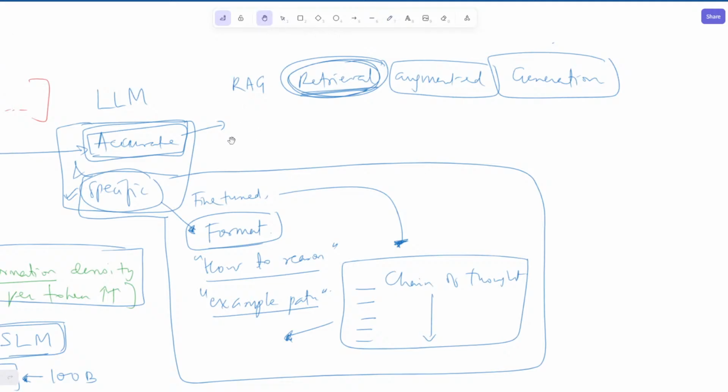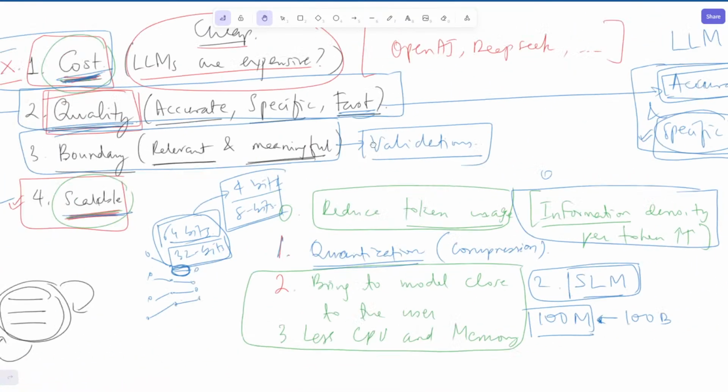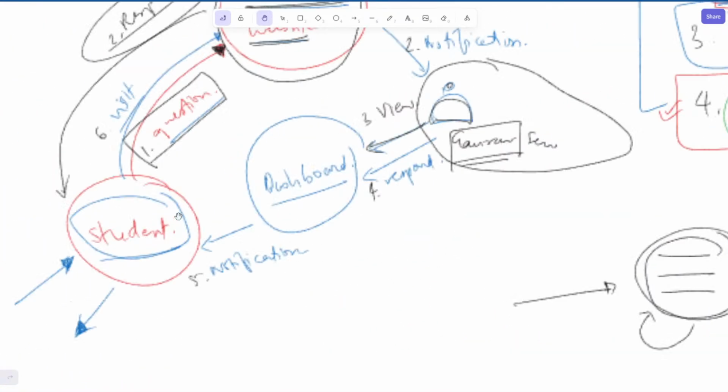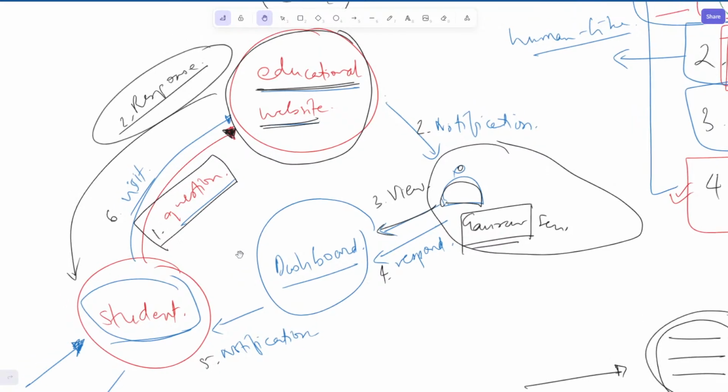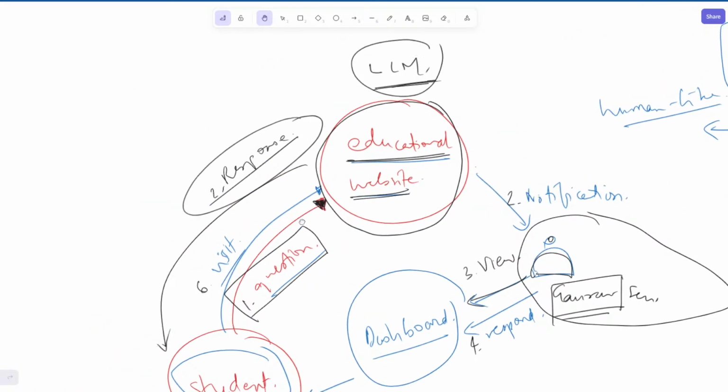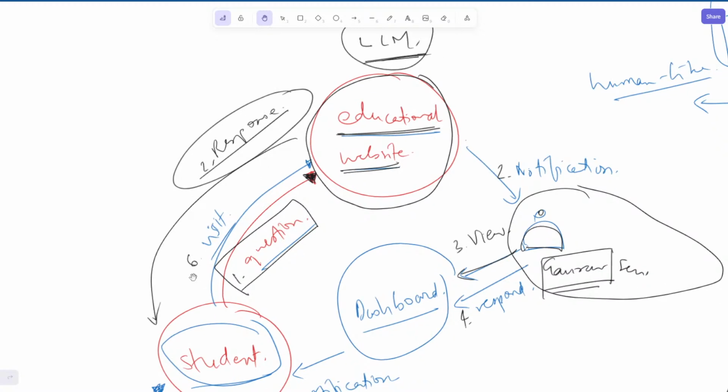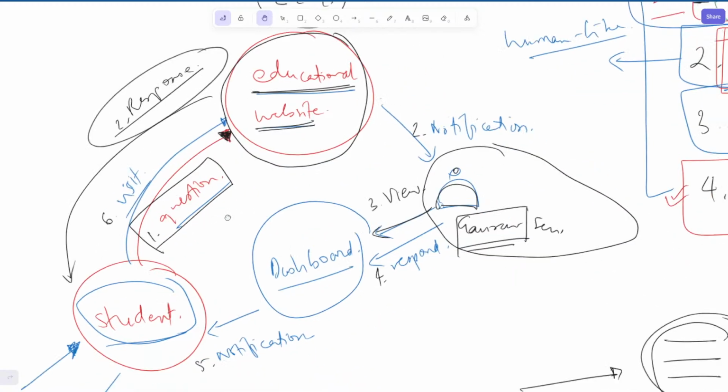For those of you who are joining just now, some context. Our mission today is to build a customer support bot for a website which will take queries, and instead of having humans respond to all the queries, it's trying to take away some of the load from the humans and put them onto an LLM. So the LLM is now responding to customer queries. We have taken the example of Interview Ready because we have actually done it at Interview Ready.